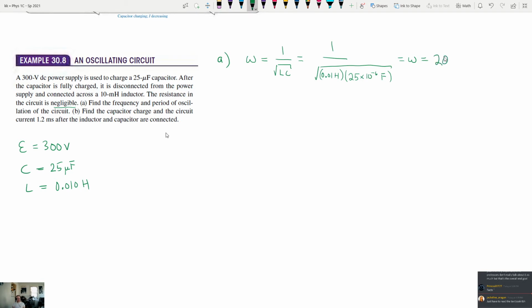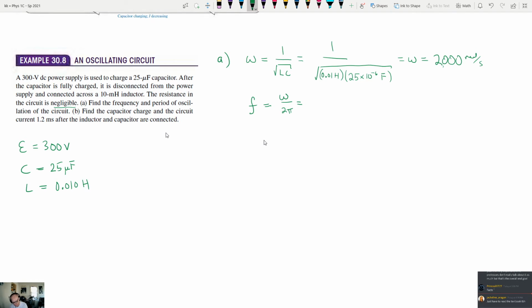Now, as you're doing your homework, you're going to have to be kind of careful because for whatever reason, we don't have a nice standard way we talk about this. We have different ways that we talk about this because when it says frequency, it might actually mean this quantity, f, and to get f, you just take omega and you divide by 2 pi, so you can get an answer that's just in hertz. So if we take 2,000 and we divide by